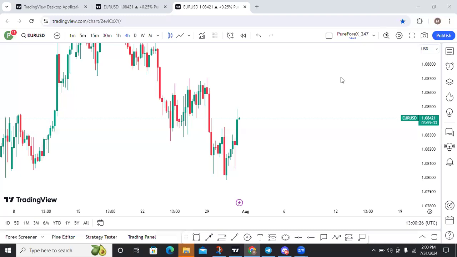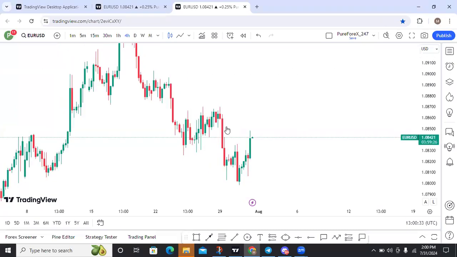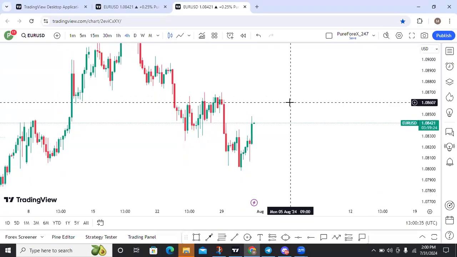All right, guys. Let's quickly analyze EUR/USD and GBP/USD. As always, we start from the higher time frame, which is top-down analysis. And I said top-down analysis is the only analysis you need. Like I keep saying, don't be the person that always goes to the lower time frame